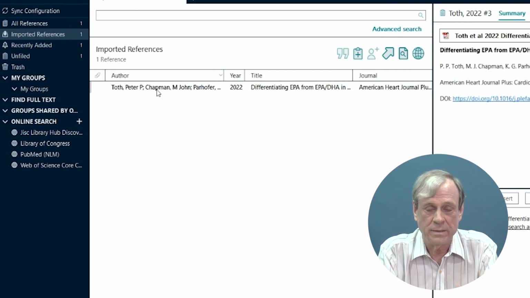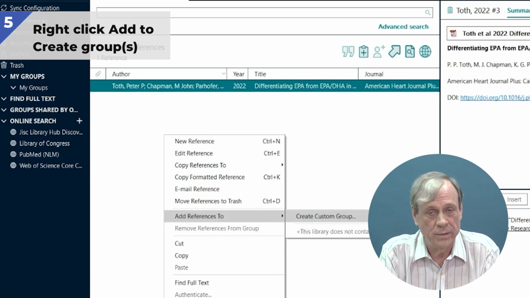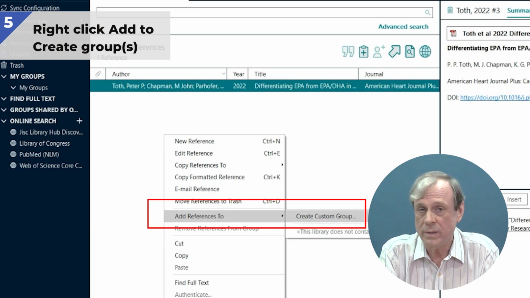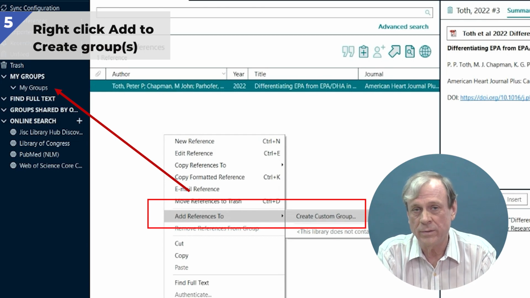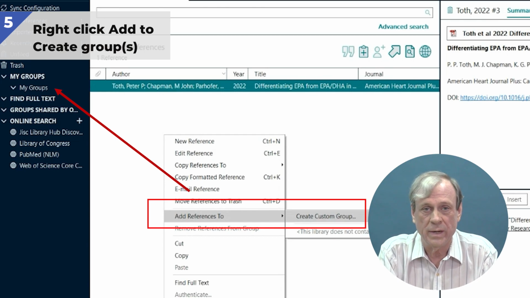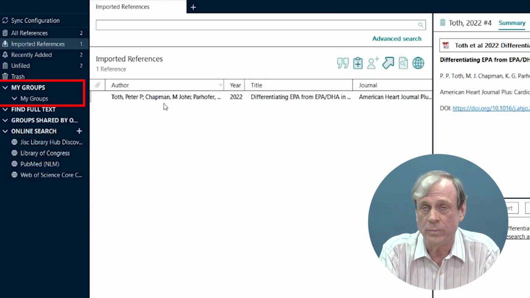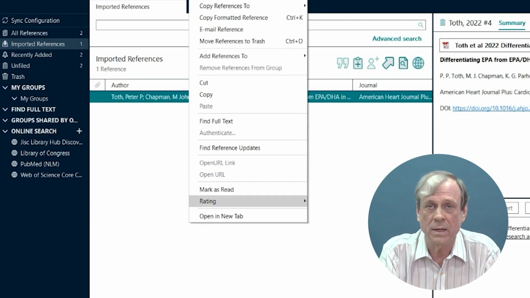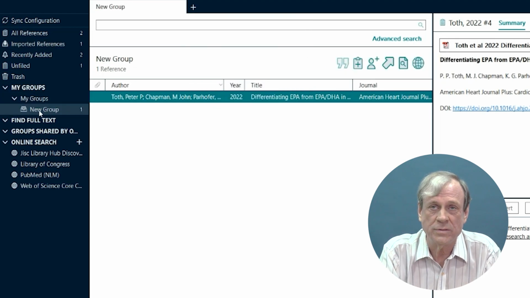Now, if you go back to the center section, to the reference, and you right click on that, another useful feature is that you can add these articles to different groups. So if your research is on different areas, different fields, you can add it to different groups. And you can add one article to more than one group. So right now you don't have any groups. So you can choose this little section that says add references to.